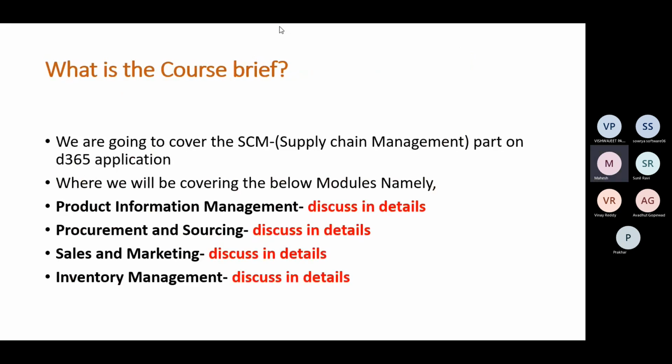Okay, what is the course brief? So we are going to cover SCM. SCM stands for supply chain management on the D365 application, where we will be covering the below modules. It's not limited. Yes, we do cover other modules as well. It depends on the requirements and the business scenarios. As I said, Dynamics has a huge number of scenarios and modules. Their aim is to cover whole operations in one application. That is what Dynamics 365 is meant to be. In this course we are covering these modules, not limited to them. If I talk about product information management, product procurement, and